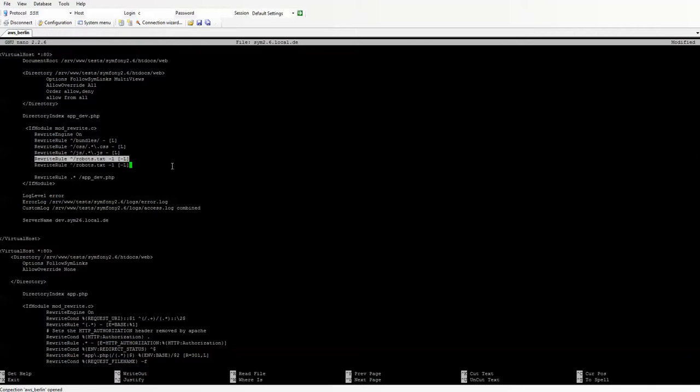I'll copy this and write config.php. Just save, reload,